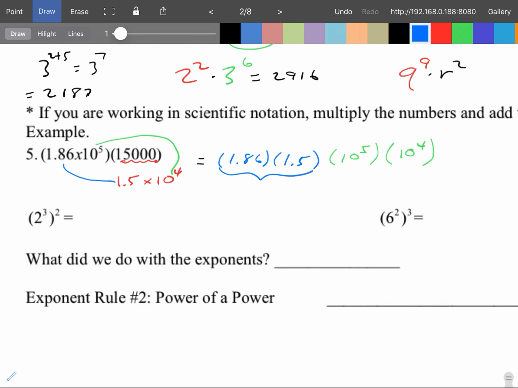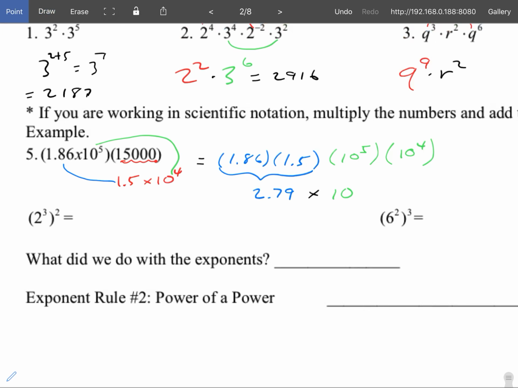So if we do that, we're going to use the calculator for this part. So we're just going to multiply 1.86 times 1.5. So for that part, we'll get 2.79. And then that'll be times